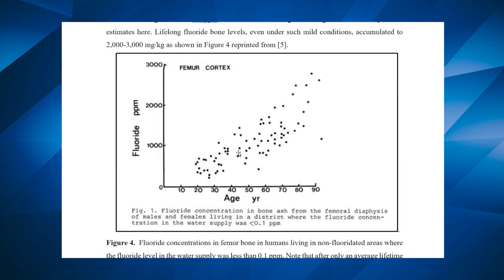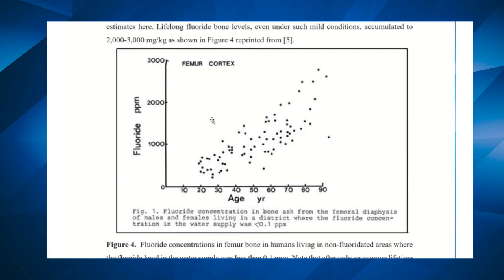But this is what happens. This is published by other scientists. They said when the water doesn't have any fluoride, it's less than 0.1. Well, still look at these numbers. You're up to 2,000 parts per million after a lifetime drinking water that's not even fluoridated, just because of a little bit of natural fluoride. And that's natural fluoride that's not assimilated as well as artificial synthetic fluoride. Wow. So we have this bone issue with fluoride already, even if people left us alone.